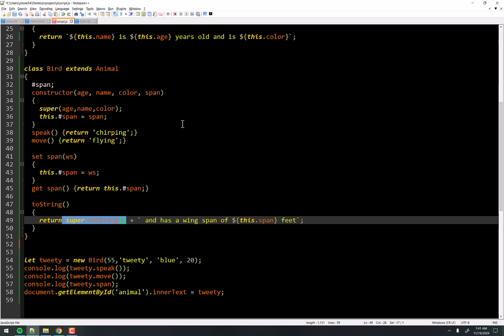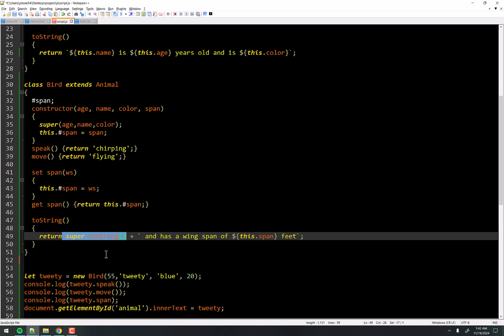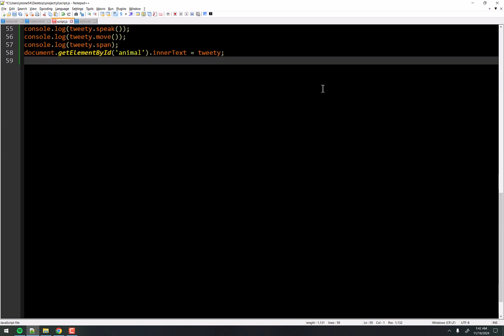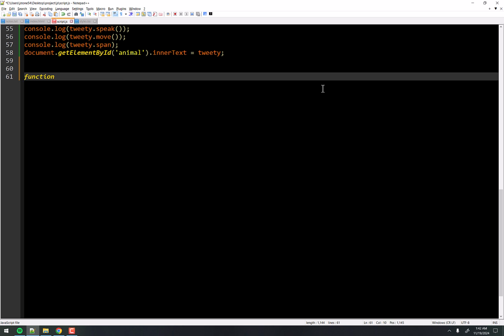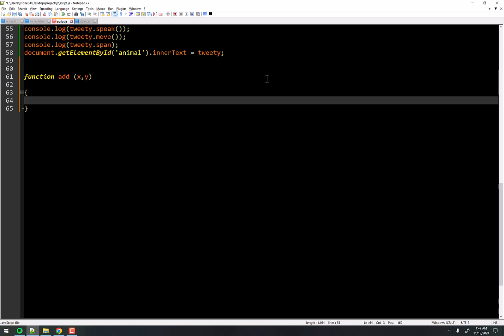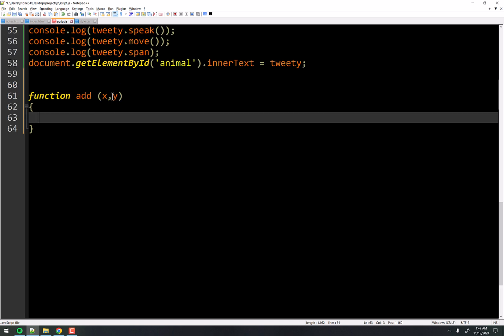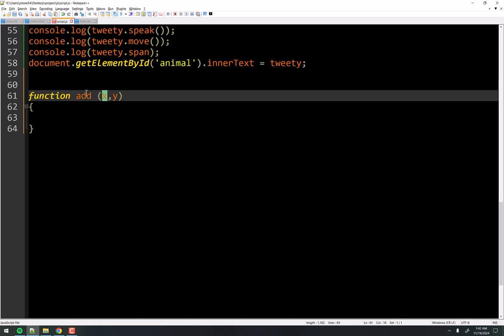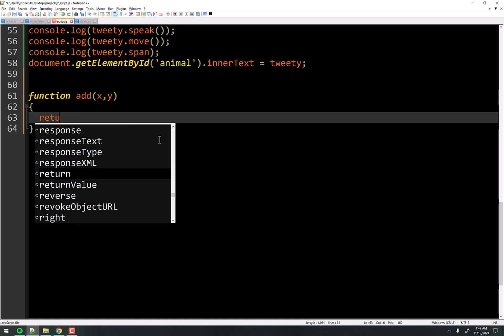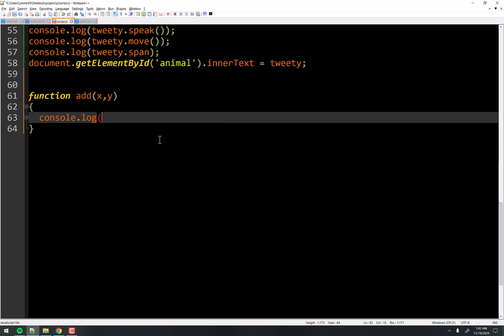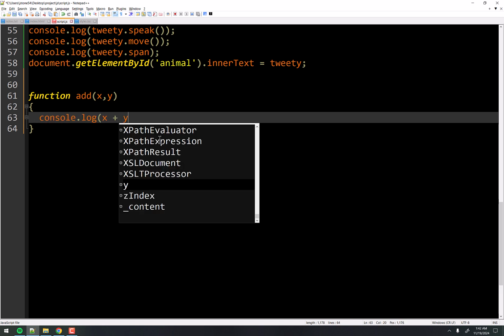Okay, what's this encapsulation and this abstraction business, right? For that, I'm going to just, outside of all this work we're doing here, do a quick little thing, a function that's nothing to do with classes or objects. And this function is called add, and it takes in two numbers, okay? These numbers, who knows where they're coming from? Maybe they're coming from a prompt. In fact, let's do it as a prompt, and I'll show you why in a minute. In fact, I'll show you right now. Let's just return, or we'll even just do console.log x plus y, all right?